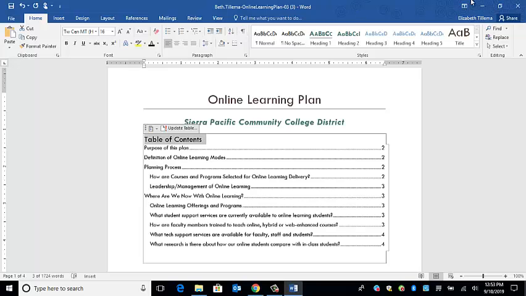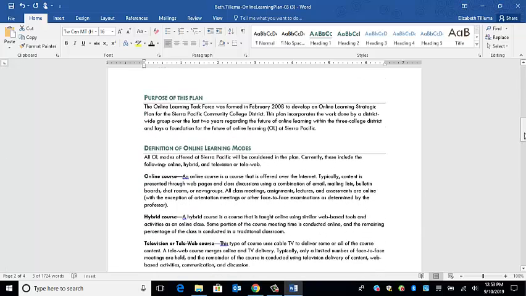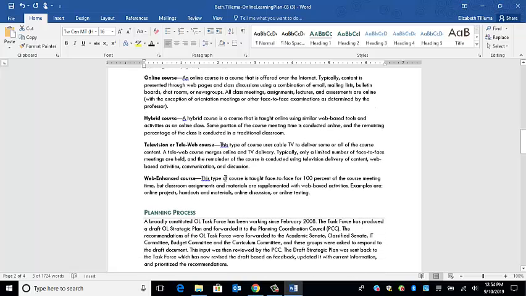So step 10A says go down to the second page, which is the purpose of the plan. It tells me to put my cursor after Web Enhanced Course and before the dash. So I'm going to put my cursor right here, and it tells me that I'm going to click the Insert